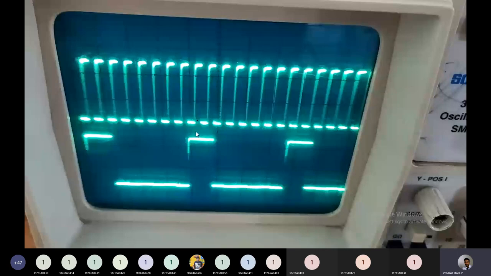Similarly, during this negative pulse, how many clock pulses are there? Let us observe. So 1, 2, 3, 4, 5, and 6. So there are 6 clock time periods during this negative portion, so this negative pulse can be treated as 6 zeros. So that means 0, 0, 0, 0, 0, 0. So the sequence is 1, 1, 0, 0, 0, 0, 0, 0. That means 2 ones and 6 zeros.